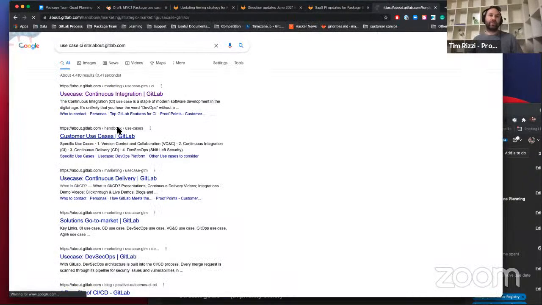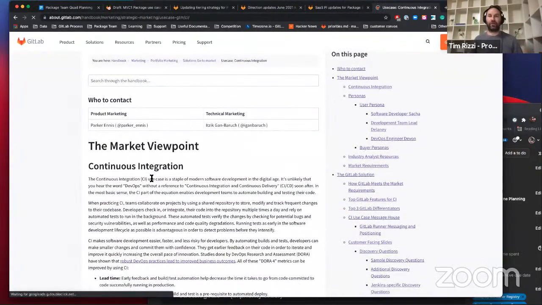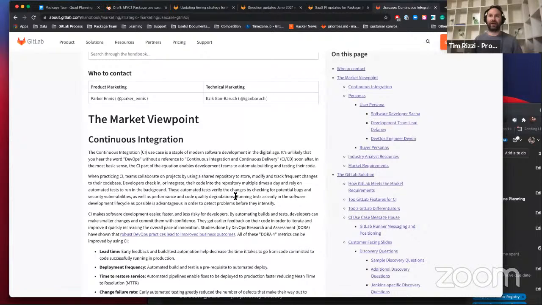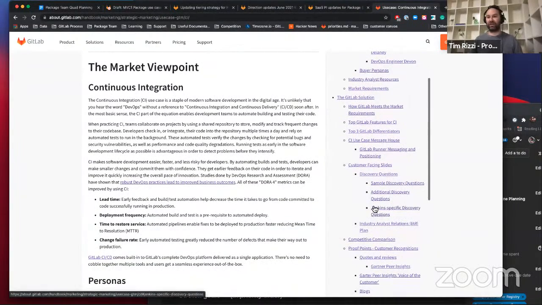The use cases are used by the marketing, sales, and our customers as a way of stating what our market viewpoint is, defining what the solution that's supposed to solve this problem in the industry does, and then have helpful documentation on how to get started using the product, and answers any questions about competitive comparison. So it's kind of intended to be a home that you could share with your customer or with your account and let them know that they should be using the product and why, and here's what people are saying